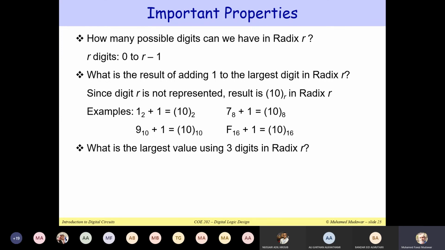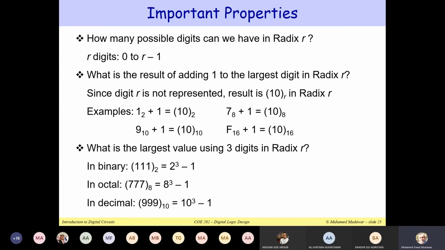Now, 999 is equal to what? We can write it as 10 to the power 3 minus 1. It's 1000 minus 1. You agree? Yes. 111 in binary is equal to the value of what? 2 to the power 3 minus 1. It is 7, and 7 is actually 8 minus 1, which is 2 to the power 3 minus 1. And if you look at octal, 777 will be 8 to the power 3 minus 1, and so on.